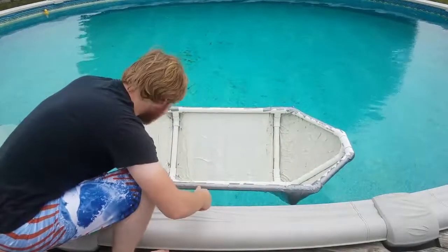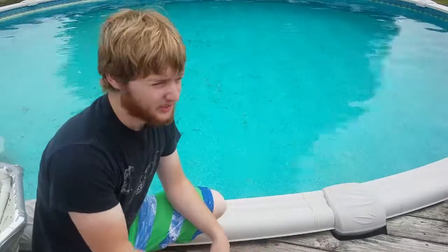Well, water's already pouring in, so... Well, the boat's leaking, but I decided I'm not going to let this be a complete failure. I think it's slow enough I can hop in and at least see if it'll float with me in it, so...